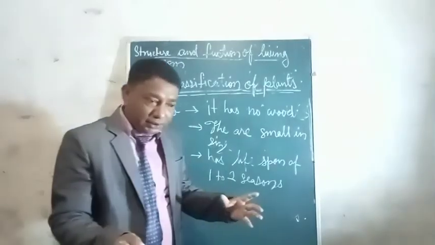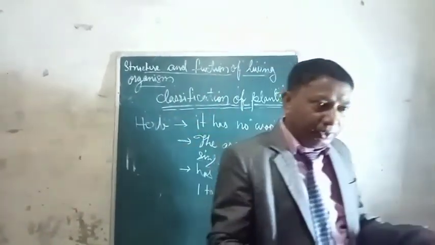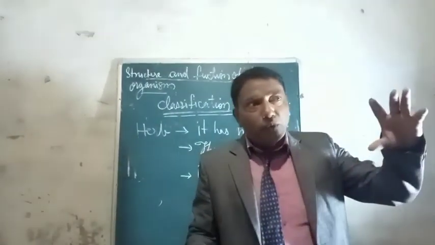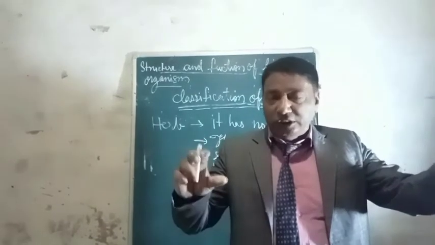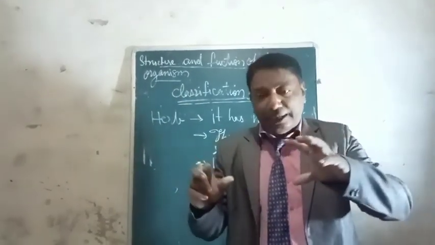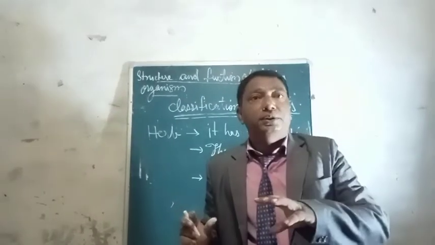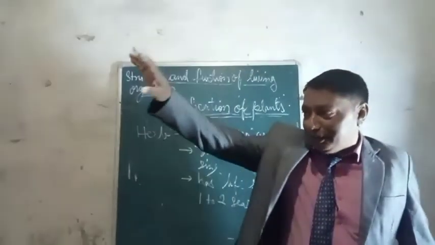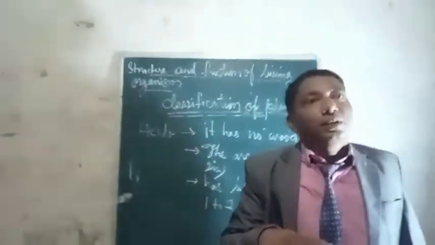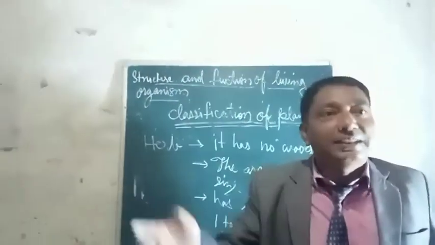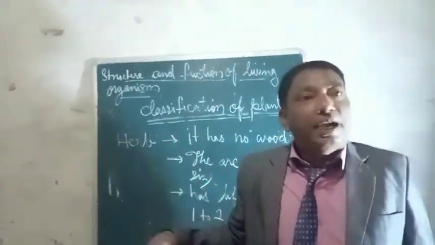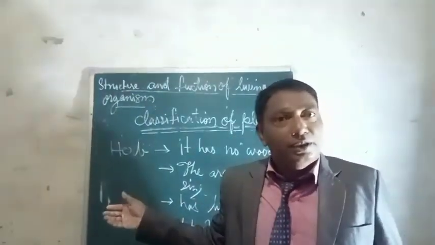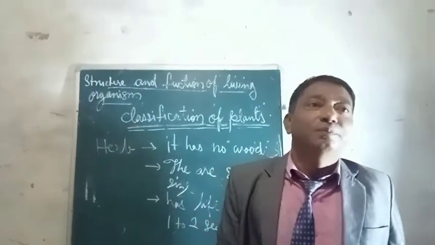Now take some plants, look around yourself and try to recognize which plants are trees, which are shrubs, which are herbs. Today you will have to recognize, near your surroundings where you are living, and write the names of 10 trees, 10 shrubs and 10 herbs. And answer to me.